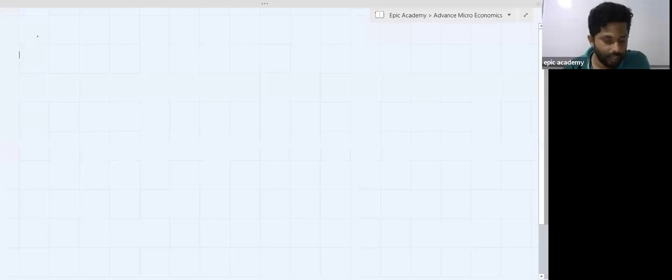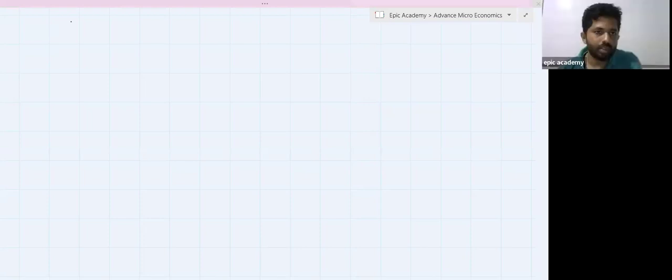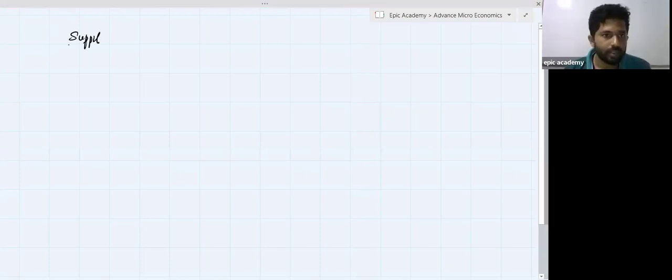In the last lesson, we were discussing supply, isn't it? Yes, supply. We got a main idea related to the supply. Okay, we already discussed demand, which represents the consumers' activities. But here we are going to represent the activity of the producer. Okay, the activity of the producer or seller.